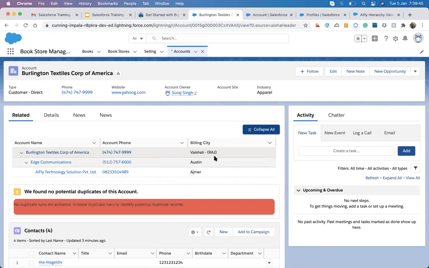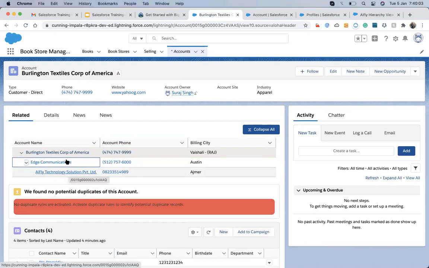Because previously when we built this app, we didn't provide any links there. It is just like a tree view. You just click and open to see all the hierarchy relationship of the parent of the account at the same place.